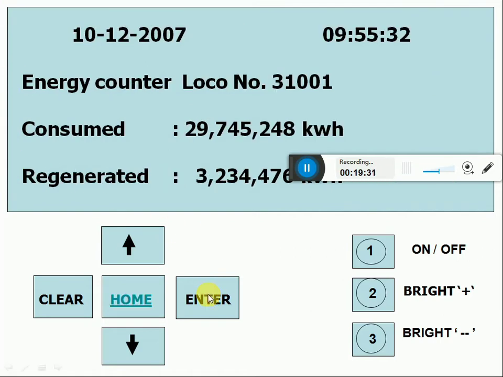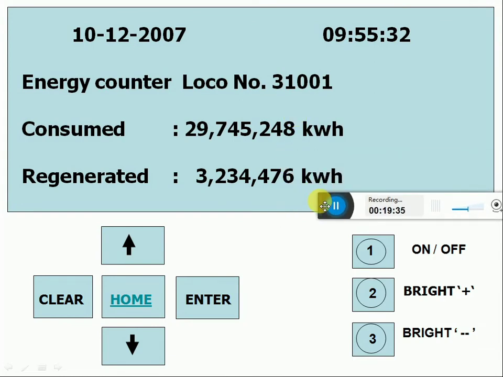If you want energy consumption, we can enter. While taking over charge, we have to take the readings of consumption and regeneration. At handover charge also, HOC, we have to take readings of consumption and regeneration: energy consumed and energy regenerated.